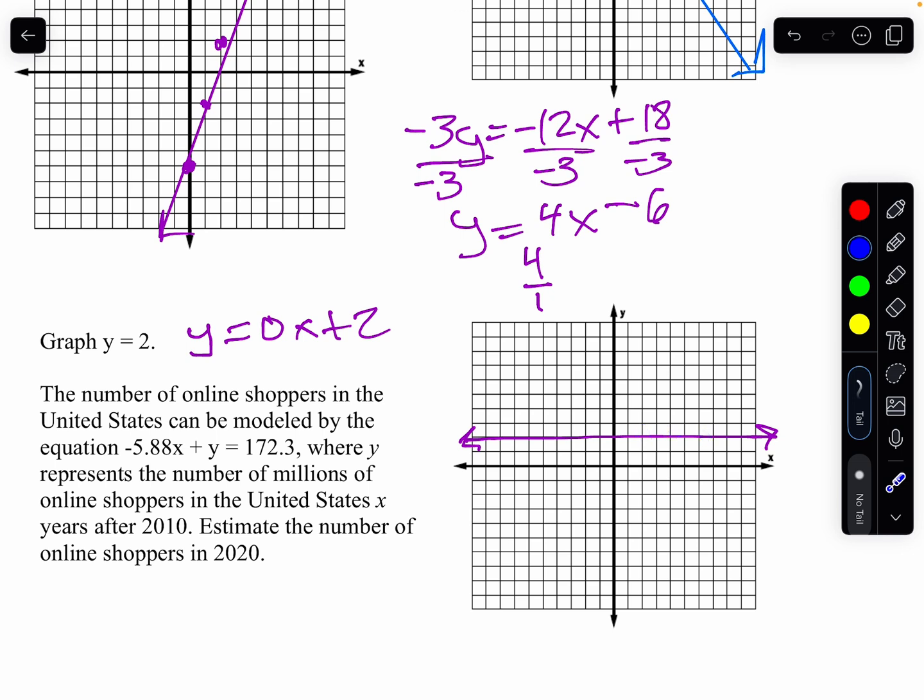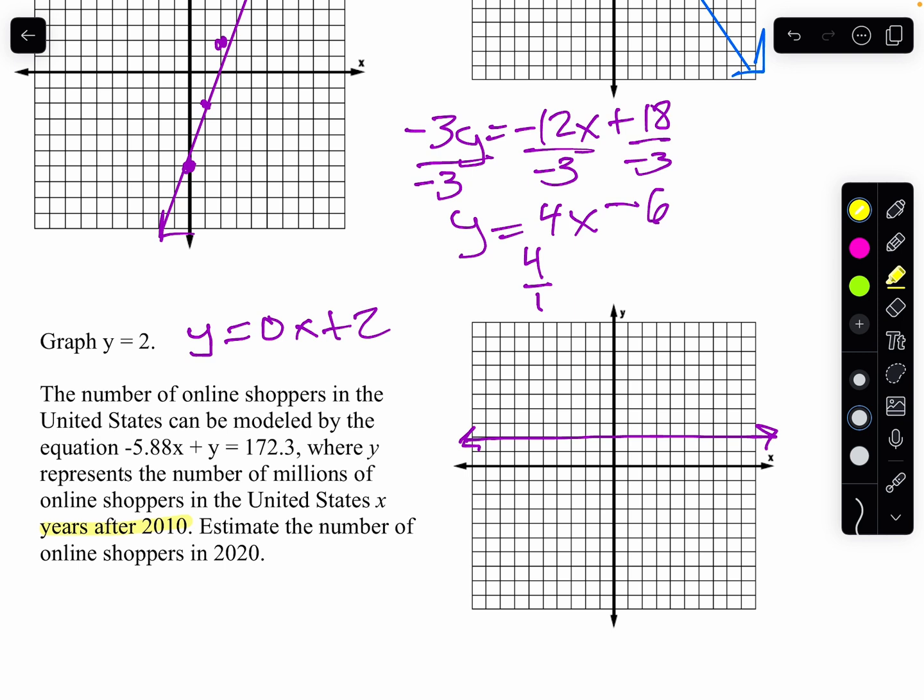We have our last application problem here. Let's take a look at this together. It says, the number of online shoppers in the United States can be modeled by this equation, where y represents the number of millions of online shoppers in the United States, x years after 2010. So that's kind of important. x is not the years, it's the years after 2010. We want to estimate the number of online shoppers in